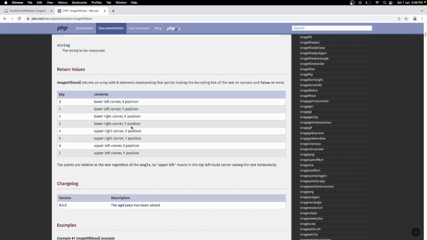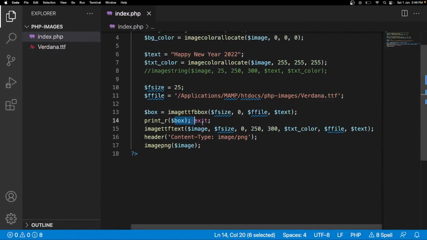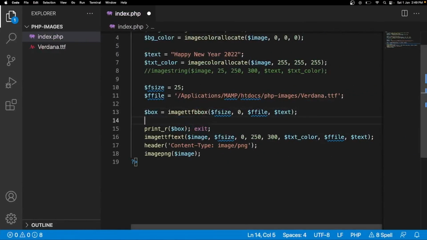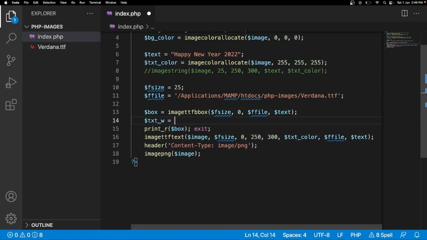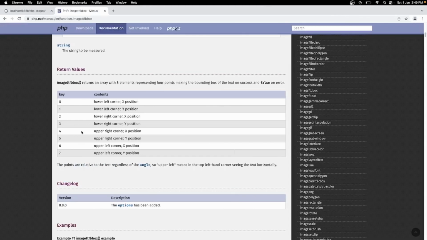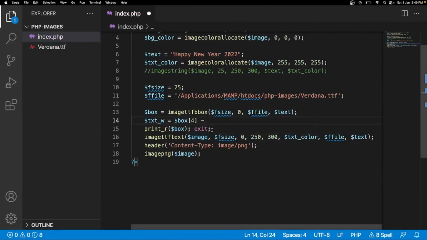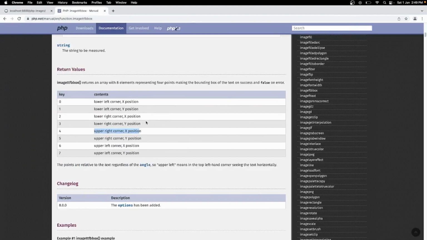So what we want is the width and height of the text first, and you can simply do that with the help of $txt_width equal to, now if you say $box[4], which means, let's go here, it is the upper right corner of X position, and similarly $box[0], which is, you can see, the lower left corner of X position.